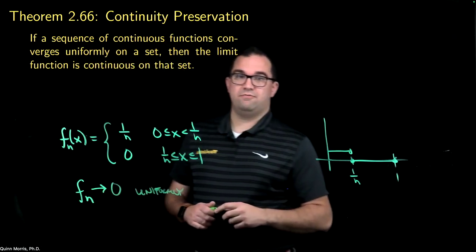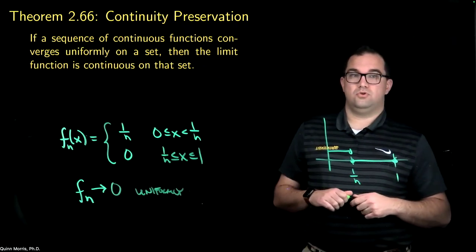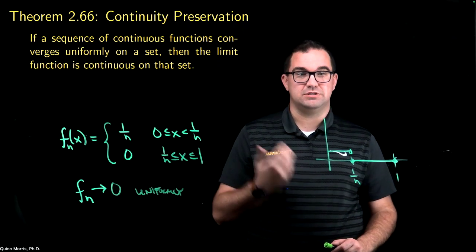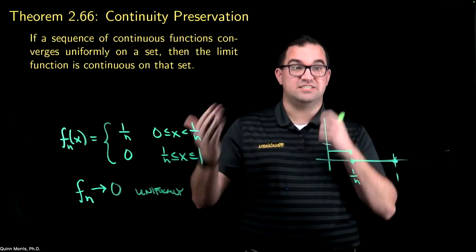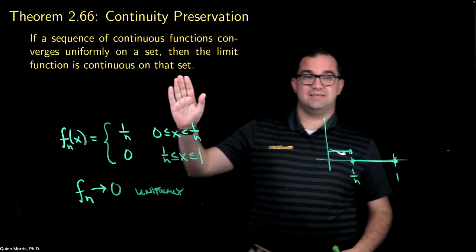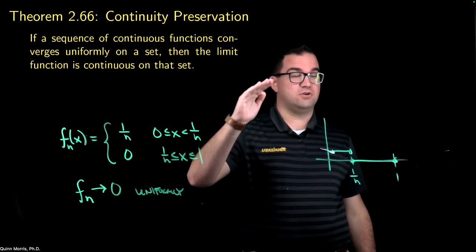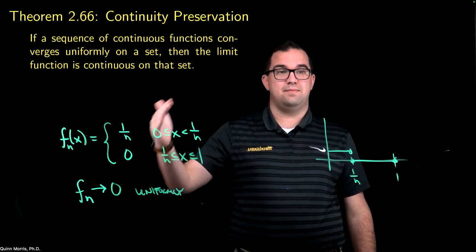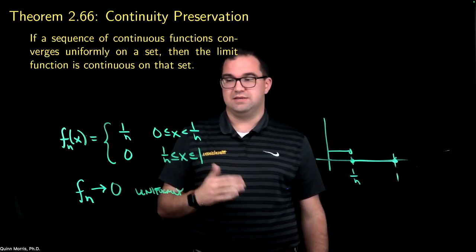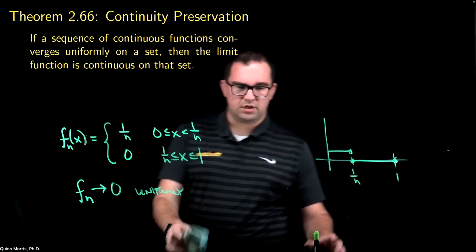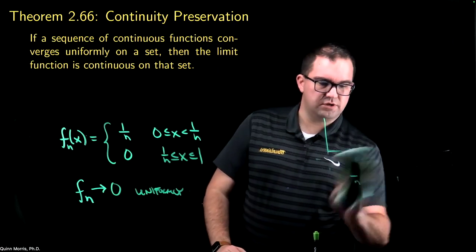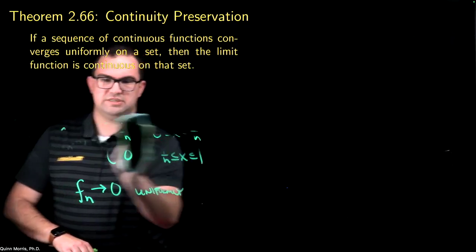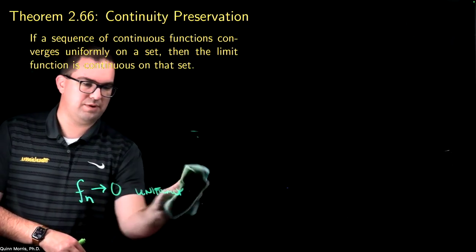So you can have a uniformly convergent sequence of discontinuous functions that converges to a continuous limit. But what this says is if your sequence of functions is continuous, and it converges uniformly, then the limit function must also be continuous. Okay. So before we get into the proof, we first want to sketch out and think through how we might